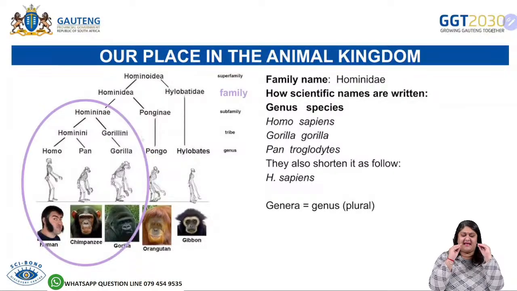And the Hominidae was divided at a point. Do you know how people usually say that evolution is basically humans evolving from monkeys? Okay, that is not actually true. It's a very big misconception that people have. But you are life sciences learners, so you know the truth, right? And you know what's scientifically correct. And what happened is that